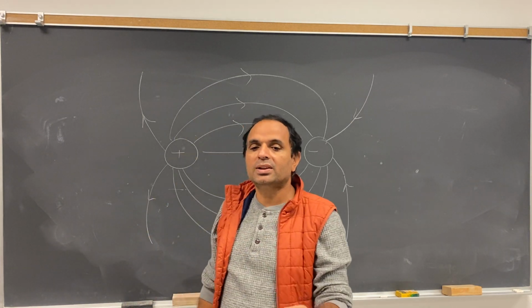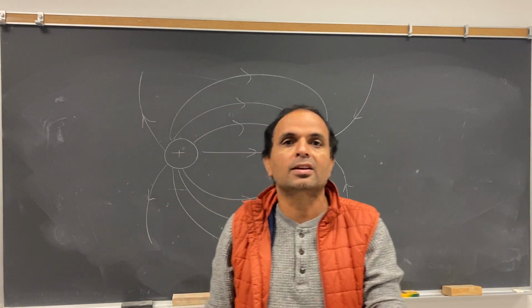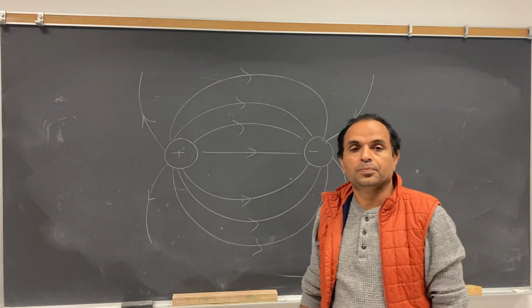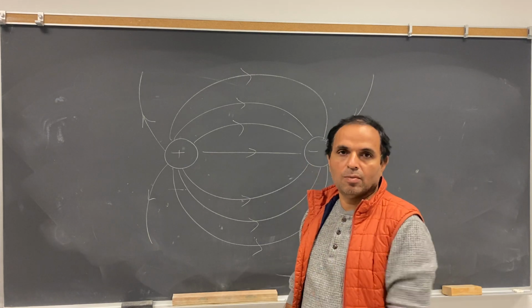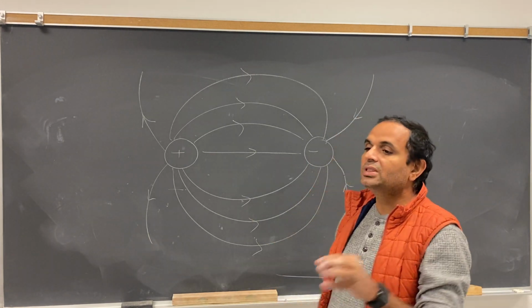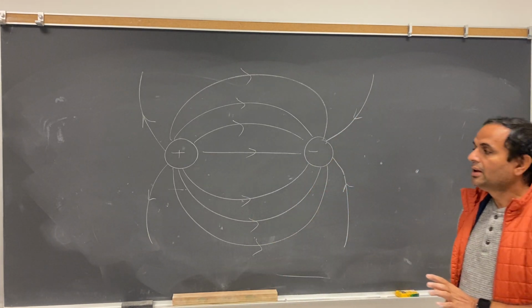In other words, you can say that if you are close to the charged particle, the electric field is big. If you are very far from the charged particle, the electric field is very small. Okay, so electric lines of force are crowded near the charged particle. And